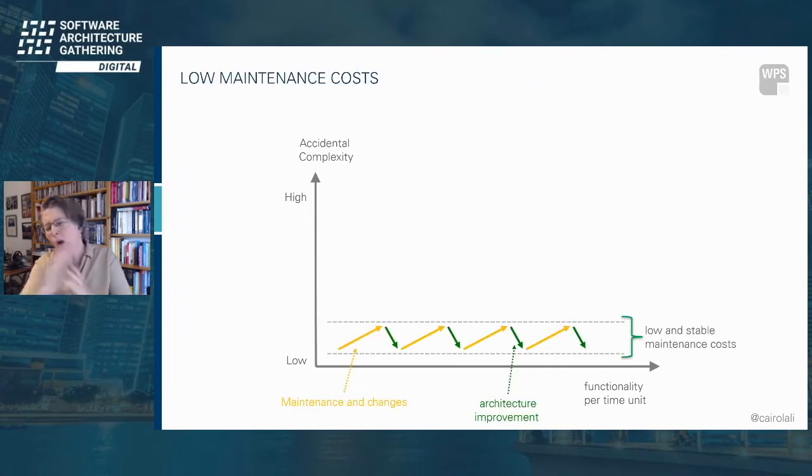Imagine we have the world's best team of developers, a wonderful product owner, and a good management that understands software development. And then we might be able to develop and maintain our software in this corridor of low and stable maintenance cost. When the user is working with our software system, he will definitely find bugs, and hopefully he will have new ideas for new functionalities, because he loves our system so much and he wants to work more with it. And then we maintain and change the software.